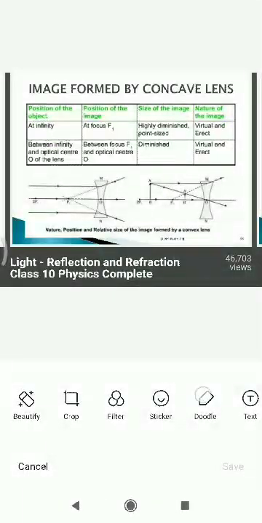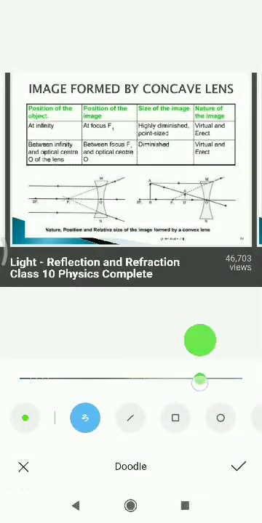Image formed by the concave mirror. You can see in the concave mirror,